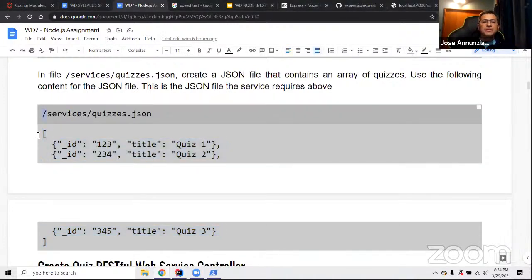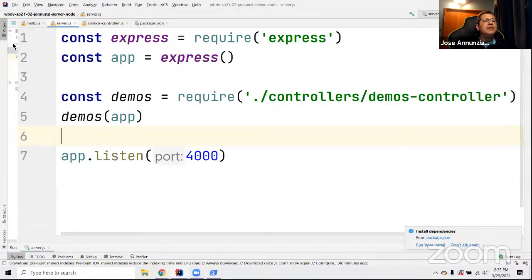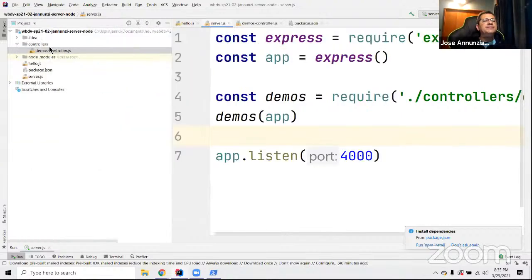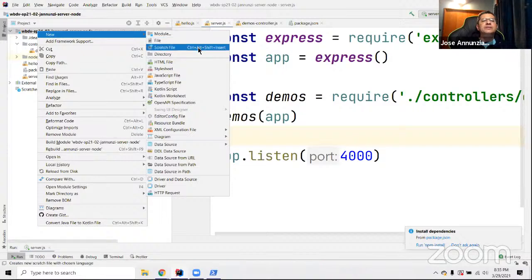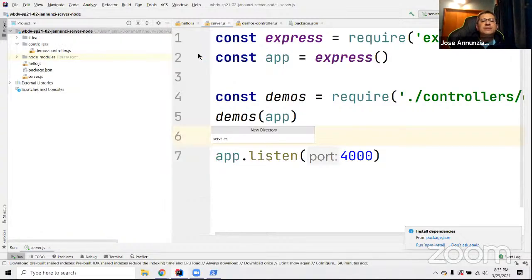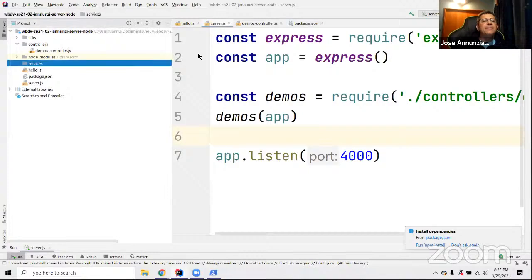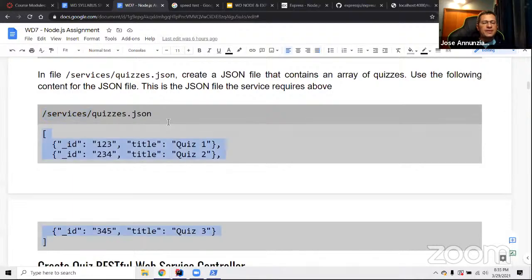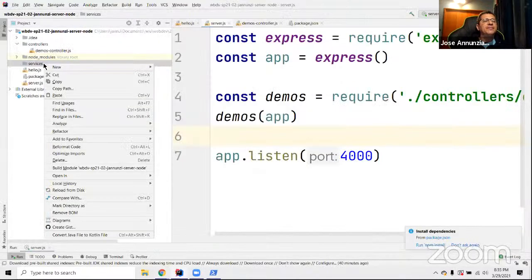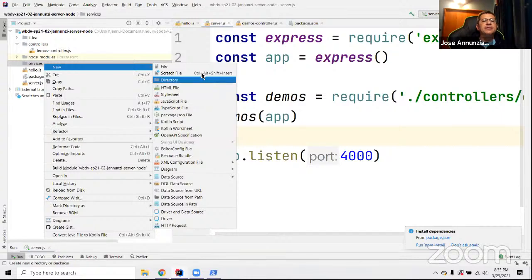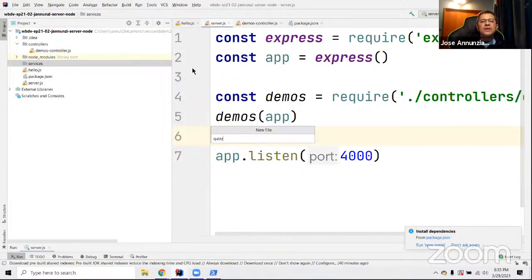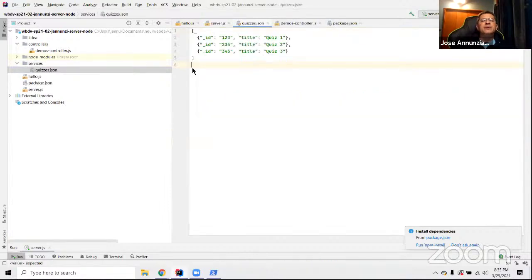So we're going to create a directory called services, and we're going to put all the services and all data related stuff in there, okay? Right, so let's do that. Let's create here a directory, and we'll call it services. Okay, and the data that we would have put in there is this JSON file that we want to be able to manipulate, right? So this is